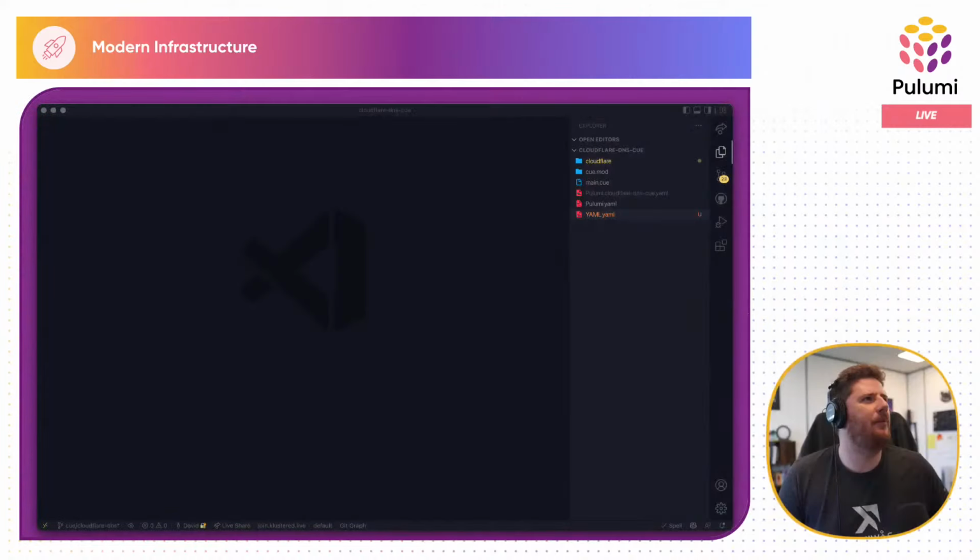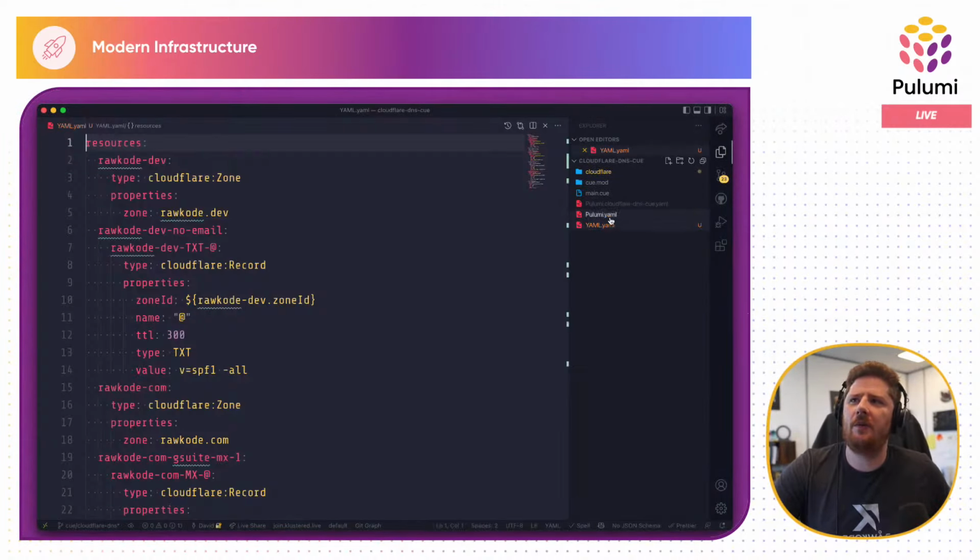Now, there is a fair amount of Q involved, but you write it once and you can reconsume it over and over again. So the code that we're going to be looking at today is available, at least as a pull request at this point in time, on the Pulumi/examples repository. All right, let's pull my screen up. There we go. So the first thing I want to do is show you what this would look like in